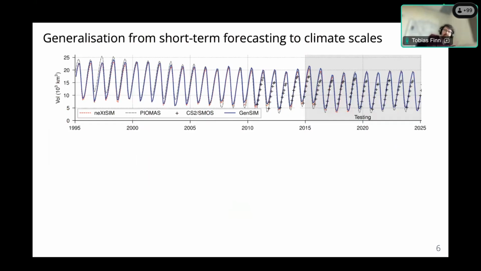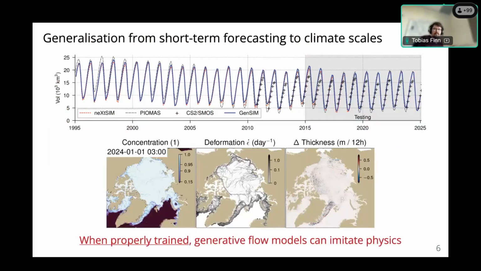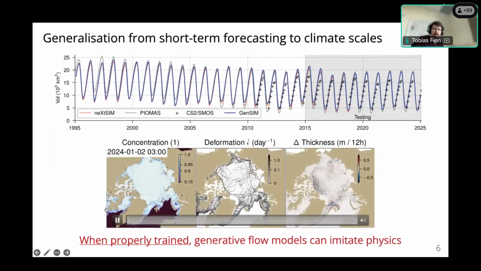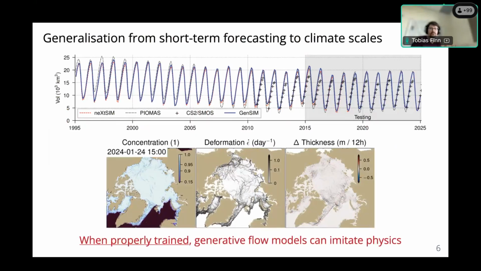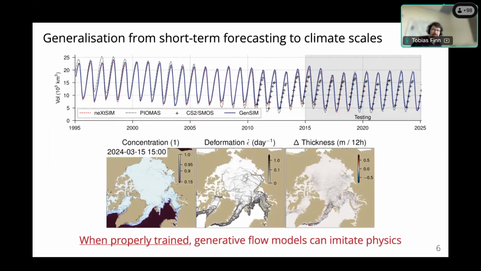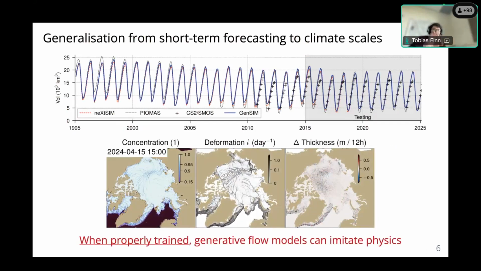And since this is a generative model, it is also able to basically still resolve all the cracks to circumvent issues with physical inconsistencies, and we can even track the impact of single cyclones onto the Arctic sea ice and, yeah, see everything with a very, very high detail, even after almost 30 years.